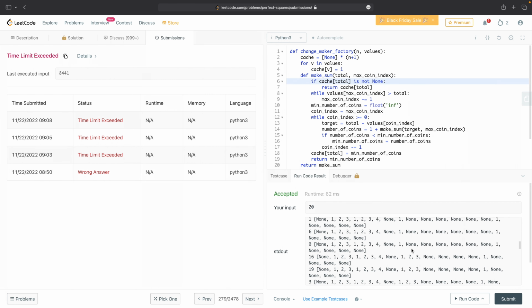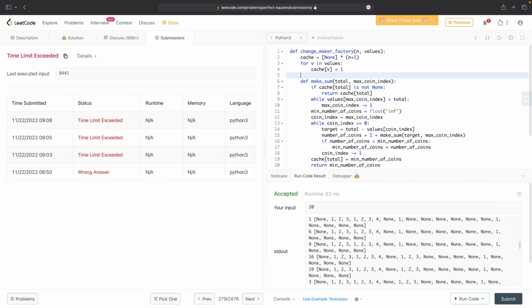The other way we can try this is, rather than doing recursive calls, to just iterate through this list, basically build the cache explicitly. So for i in range 1 to n plus 1,